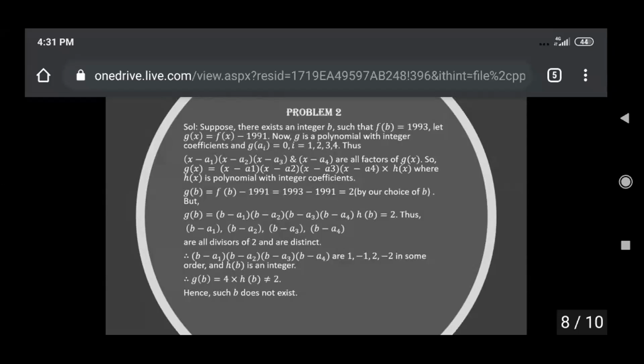So we can write g of x as x minus a1 into x minus a2 into x minus a3 into x minus a4 into h of x, where h of x is a polynomial with integer coefficients. We are multiplying by h of x because